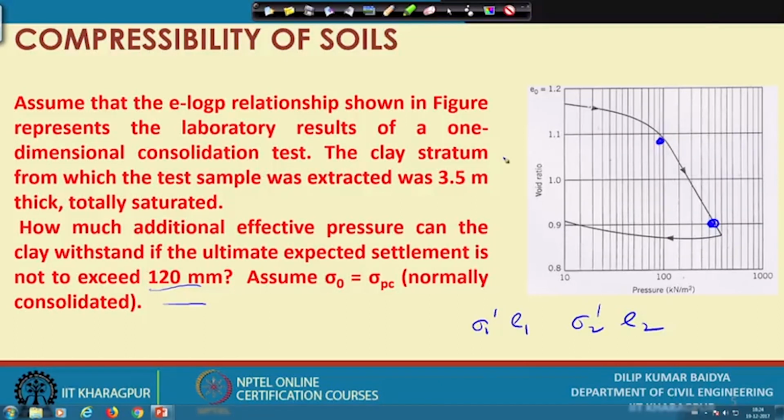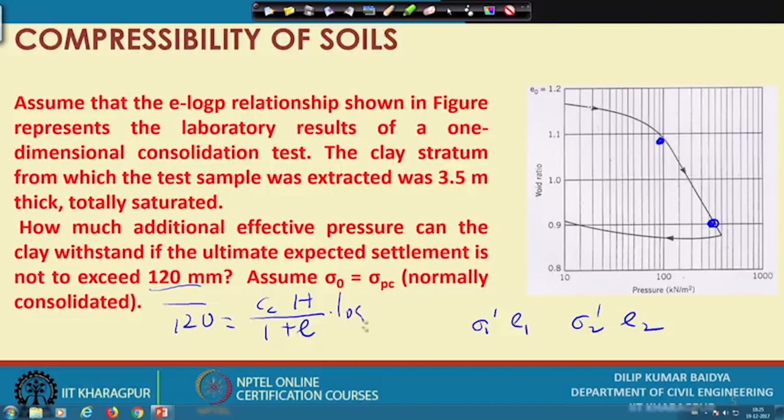By that I can find out the value of C C. Once you get the C C, then I can again apply the formula similarly, that delta is actually 120 maximum and C C is known, H also known 3.5 meter, by 1 plus e I can find out from here, and